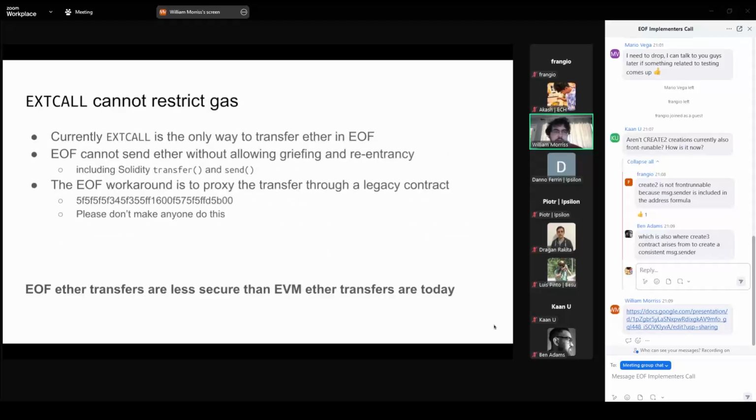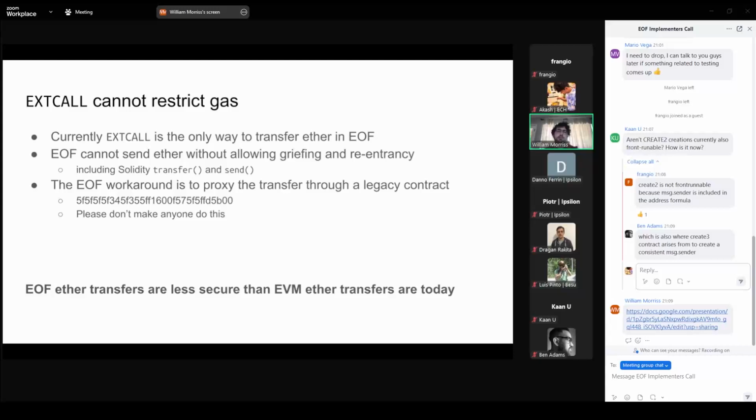So there's a problem in EOF right now, and that's that the only way you can transfer ETH is with EXT call. And EXT call forwards all of the gas, minus a tiny amount, less than even call right now is left behind. And there's no other way to do it.